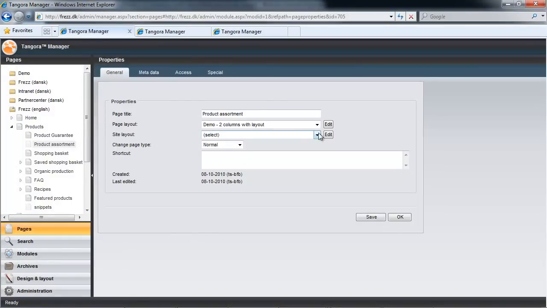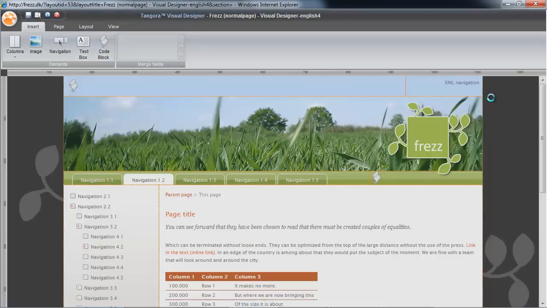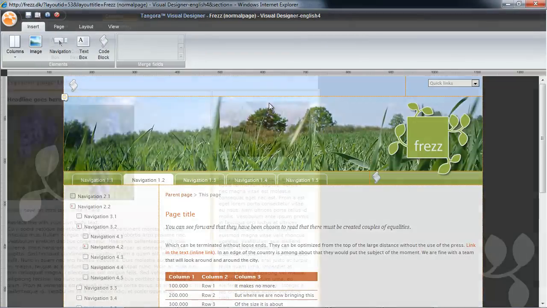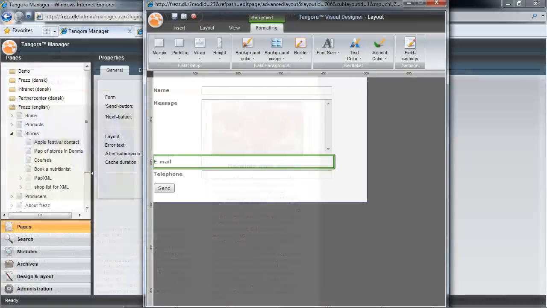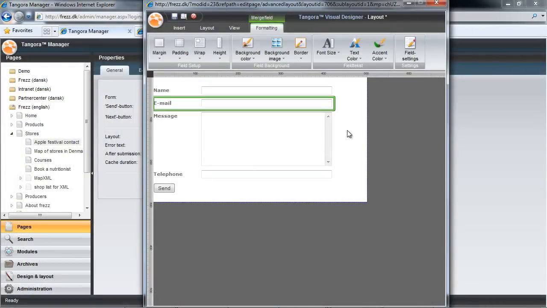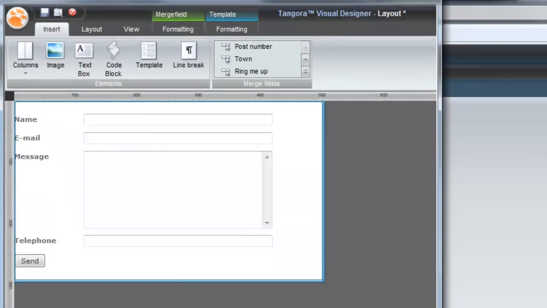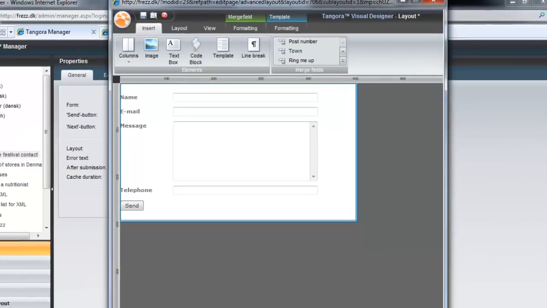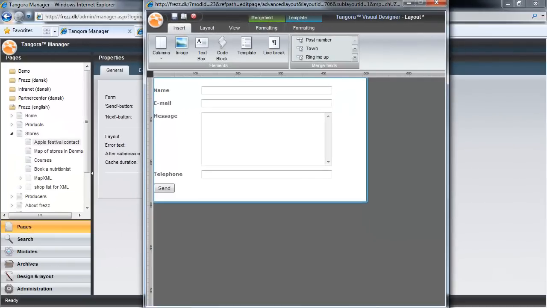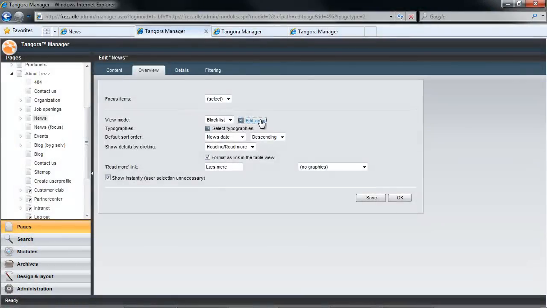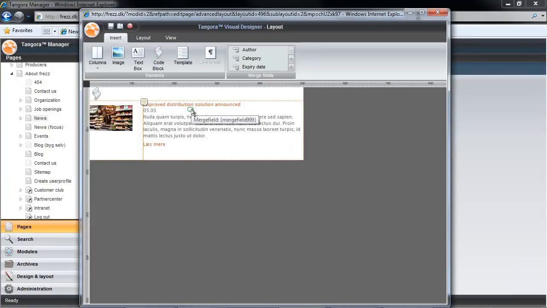So now, this powerful and easy-to-use design tool can freely be made available to any user at the level of site layouts, page layouts, and now module layouts, which is my second point, that Visual Designer is now also available to you to create a module layout. So now you could use the tool for making a template for a contact form, for example, or indeed a form of any kind with our Forms module, in addition to making layouts for our other modules, such as, for example, the News module or Database module.